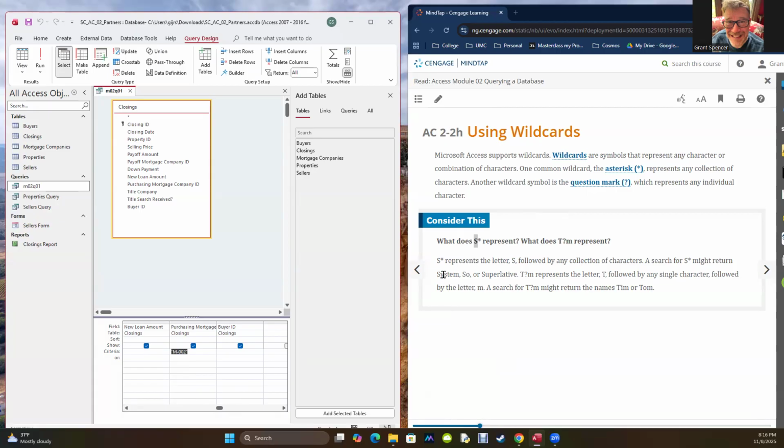Do they give you an example? Okay, I don't know. And then T with the question mark, that means it's got to be one and only one character. So, for example, this would catch super, it would catch soup, it would catch superlative, which is, I guess, what they're saying here. But the T